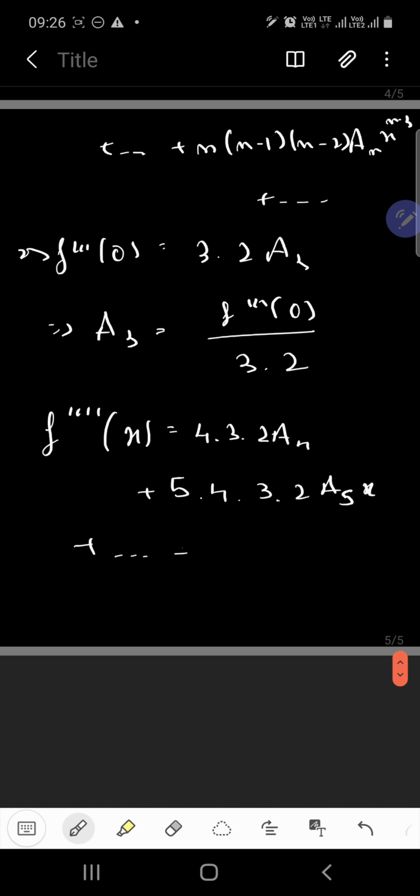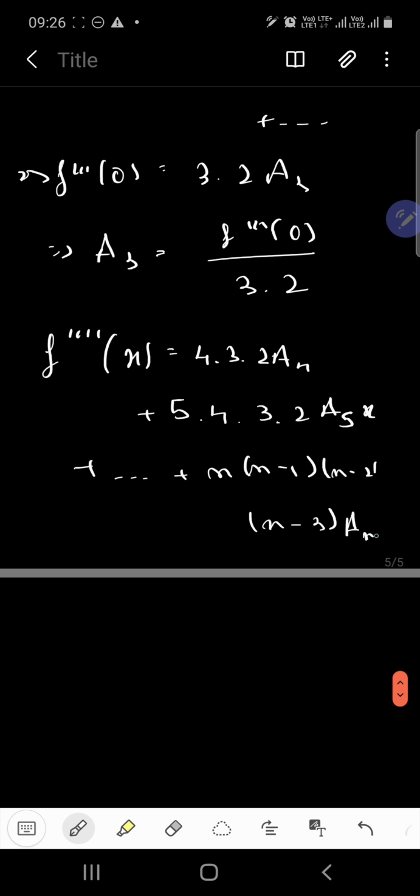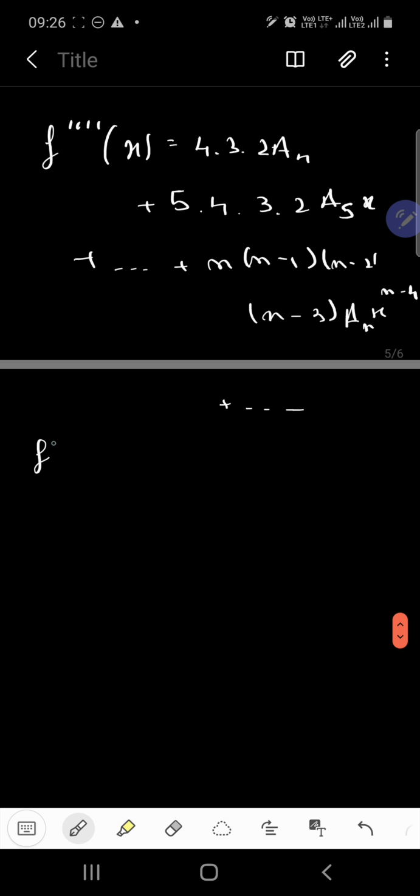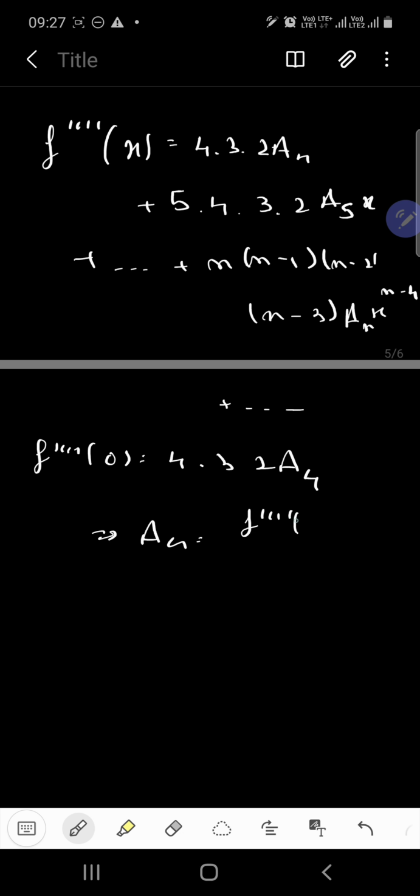We will go on like this till we have n times n minus 1, n minus 2, n minus 3, an x to the power n minus 4, so on and so forth. Got it? So from here the fourth derivative at x equals 0 comes out to be 4 times 3 times 2 a4, and from here we get that a4 equals f 4 dash 0 over